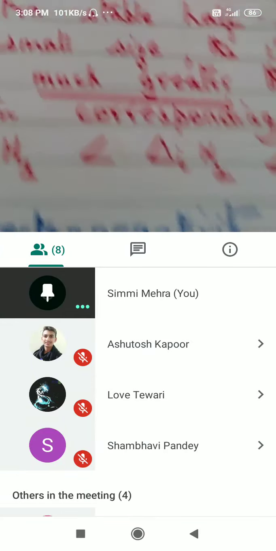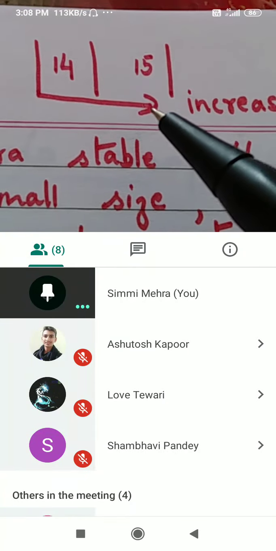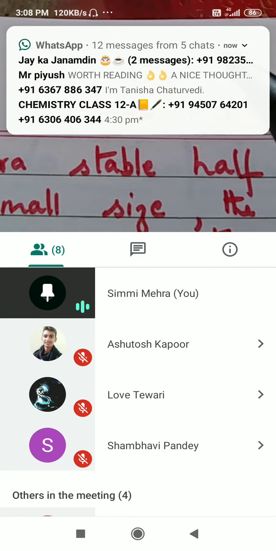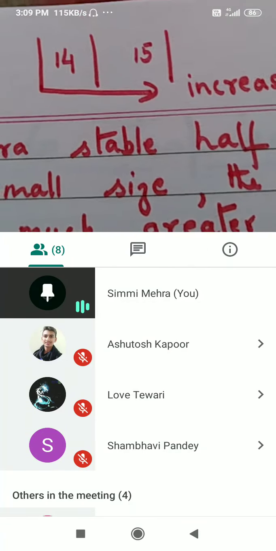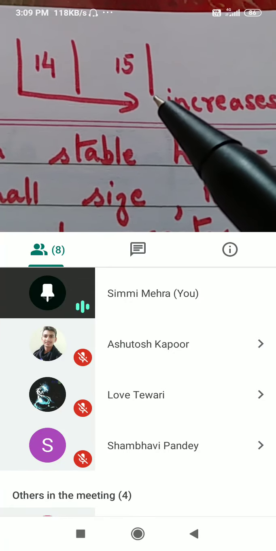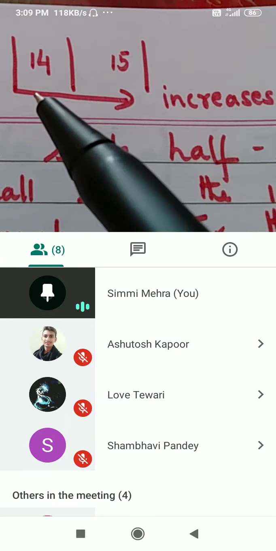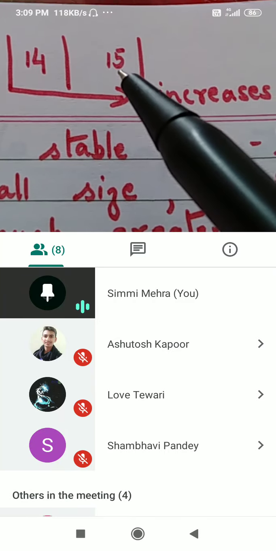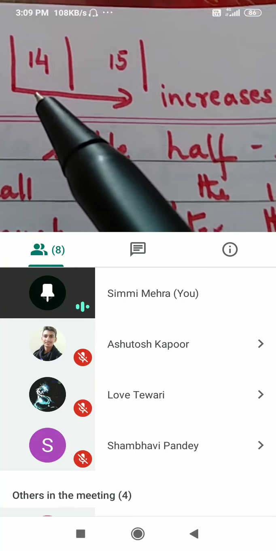Okay. Next we come here, see group 14 and group 15. Okay, this is in a period. As we move down the period, the size decreases. If the size decreases, effective nuclear charge increases. Size decreases means your ionization enthalpy will increase. The valence electron will be tightly held by the nucleus. This way, group 15 should have higher ionization enthalpy as compared to group 14.